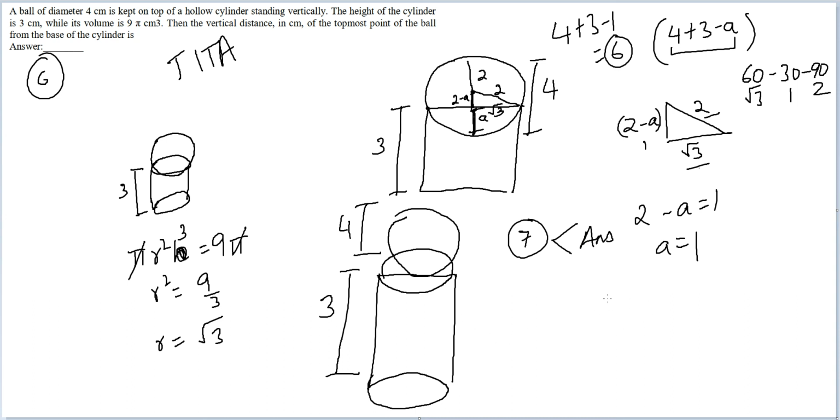Additionally, can you see, given that this is 3 and the ball rests on top, can you also come to this conclusion that the base radius for this cylinder will not be 2? Had it been 2, this entire ball would have fallen within the cylinder, so it will not be 2. If it had been precisely parked here, exactly 2, this height would have been 2, this height is equal to 3, and then your answer would have been 5. But this base radius cannot be 2, otherwise the ball would fall within the cylinder.